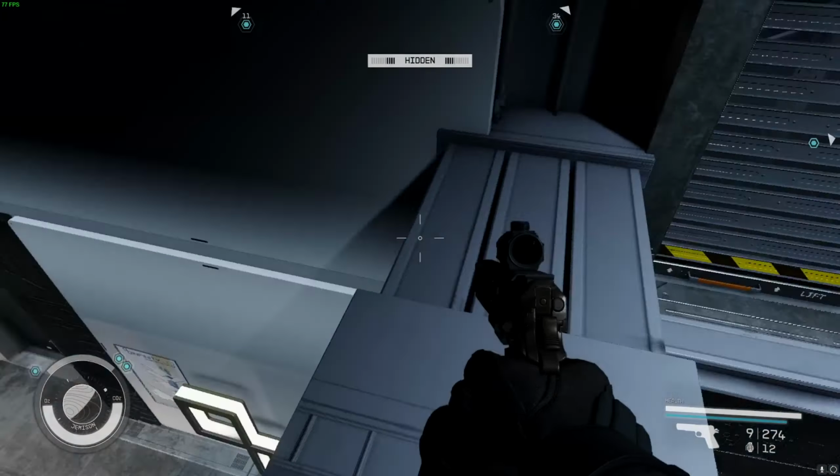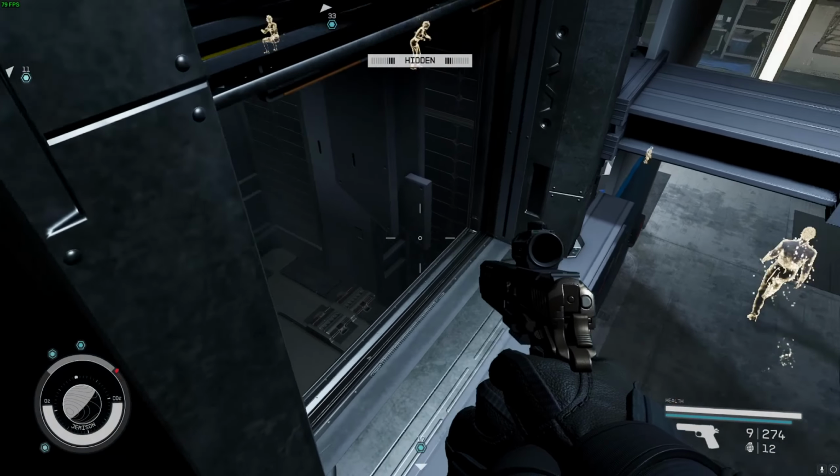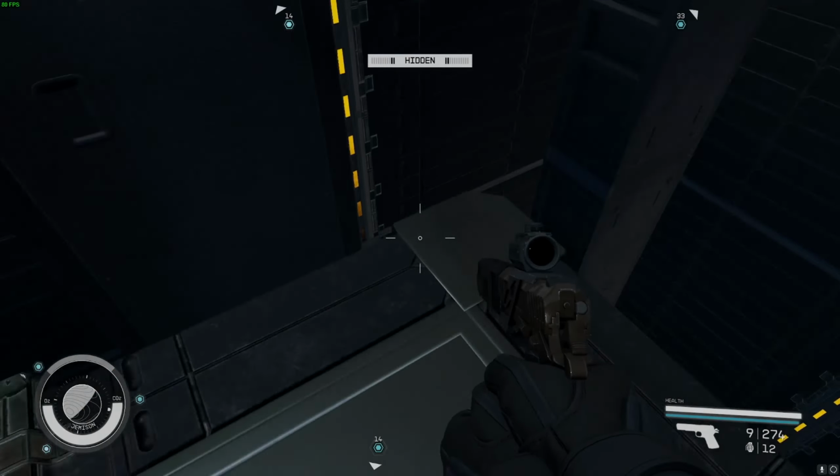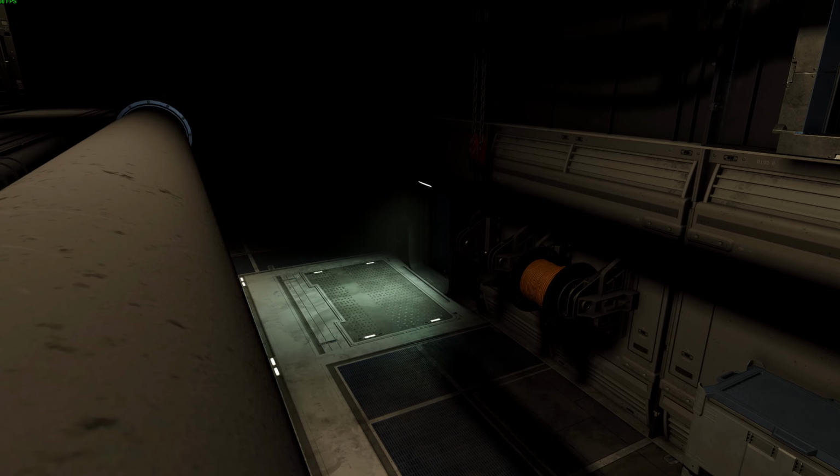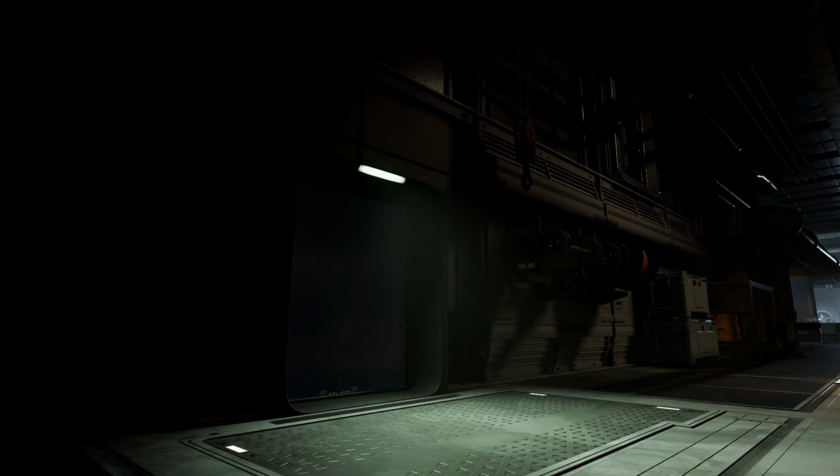This gap right here is a little bit tricky, and if you accidentally slip and mantle, you might get spotted by NPCs, so be careful right here. Drop to the very bottom of the shaft and exit through the bottom entryway. Directly beneath you will be elevator access, which is important to note down for later when we need to reach